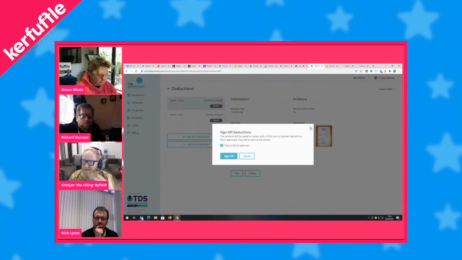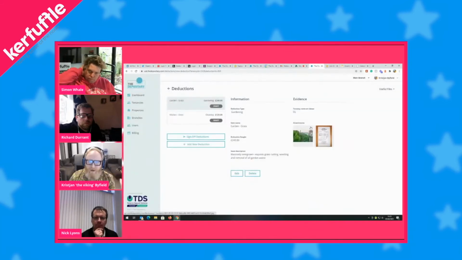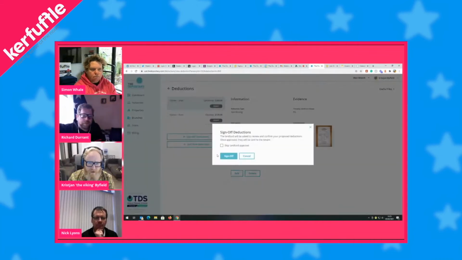Equally, if your landlord's like, do you know what, I'd rather have a look at those and have a bit of time, then you sign off as an agent, and then that goes through a sort of due diligence sign off by the landlord, and then that pulls us through that system. So your landlord will have a chance to edit, add, whatever. So that captures your due diligence in terms of your client sign off, and then we take that process over to the tenants. But I can quickly show you that now. So if we skip the landlord approval, and we do sign off,